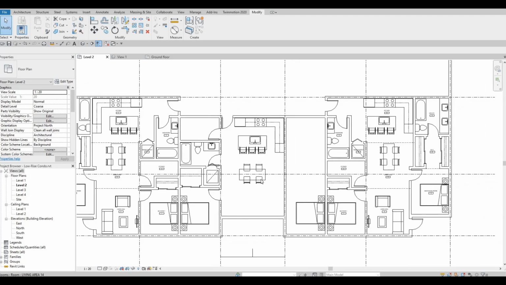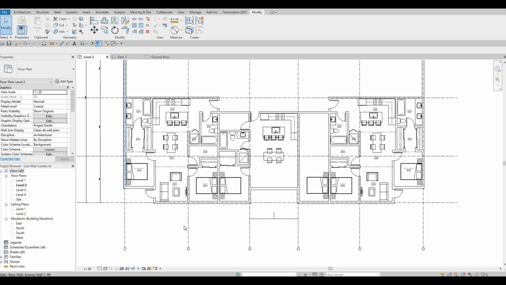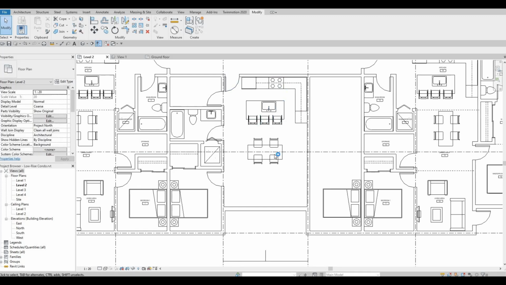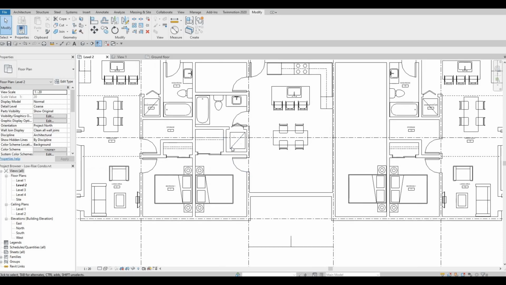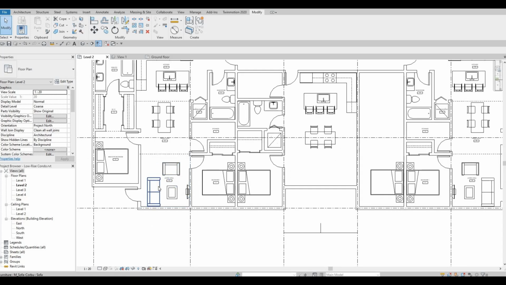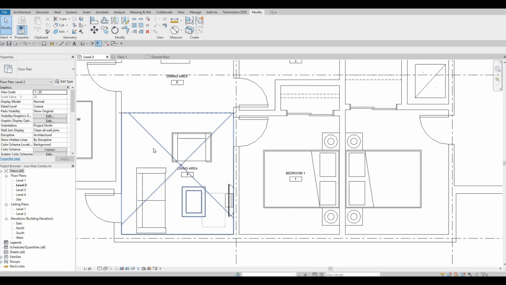So in the previous video, we were able to mirror the ones that we created for part 1. And when we mirrored it, you were able to start the middle unit. So we're gonna continue working on this, and as you can see, we were able to create the kitchen, dining, and the first bedroom, and the washroom here with washer and dryer on this spot. So now we can actually just copy this,